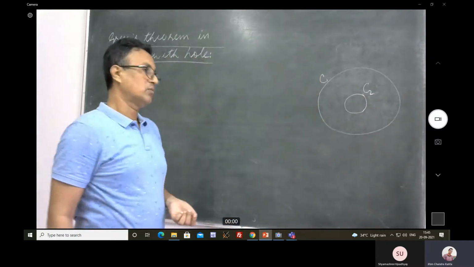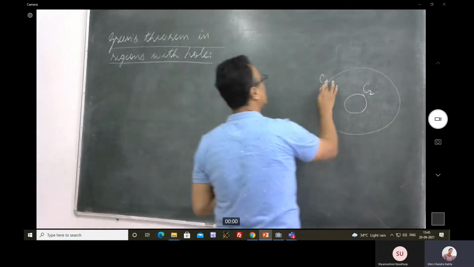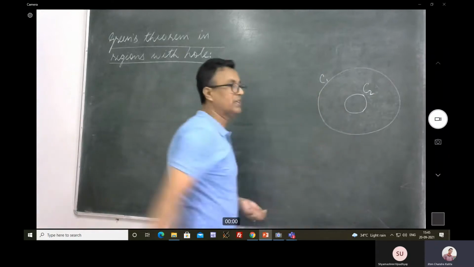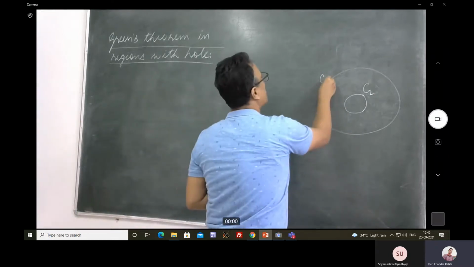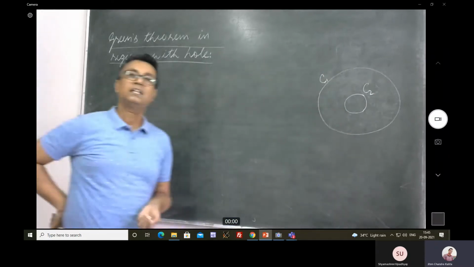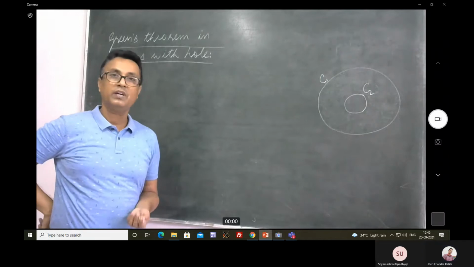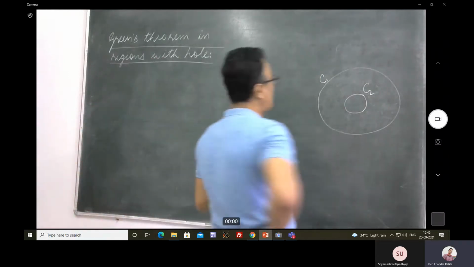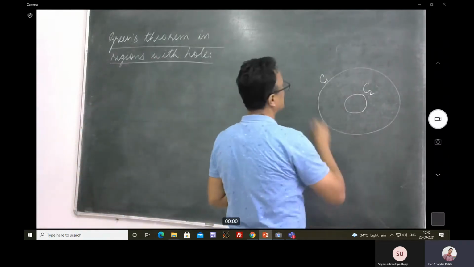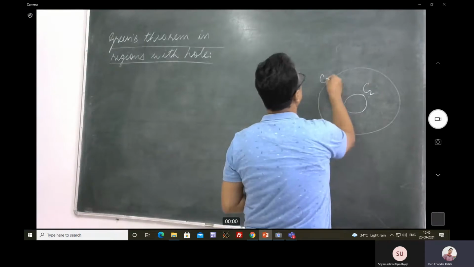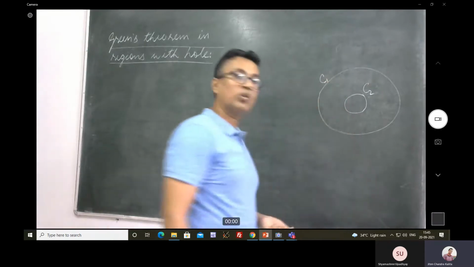So what I would like to do is make both C1 and C2 positively oriented so that I can use Green's theorem here. Okay, fine. So now, what is happening out here? What is happening out here? If C1 has to be a positively oriented